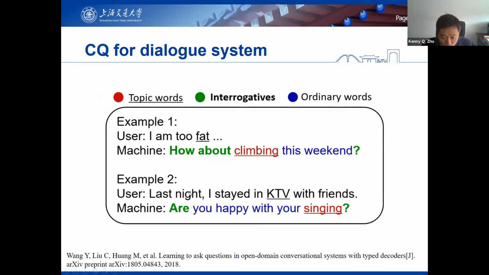Okay, there's some other work on clarification questions for dialogue systems. For example, this user says, I'm too fat. And the machine asks, how about climbing this weekend? Right? And then the second example, the user says, last night I stayed in KTV with friends. And then the machine says, are you happy with your singing? Right? So this kind of clarification question is also useful in a sense that a machine can proactively engage the